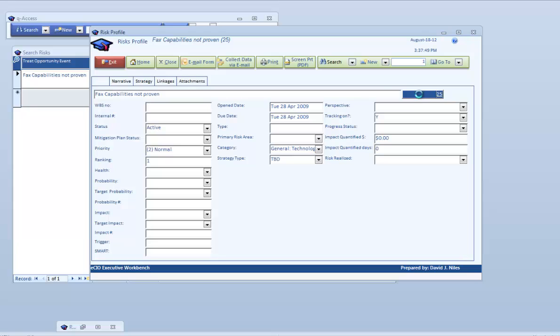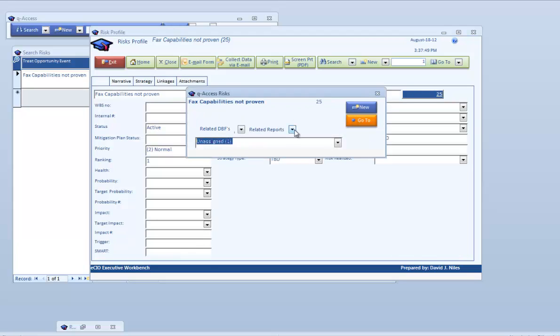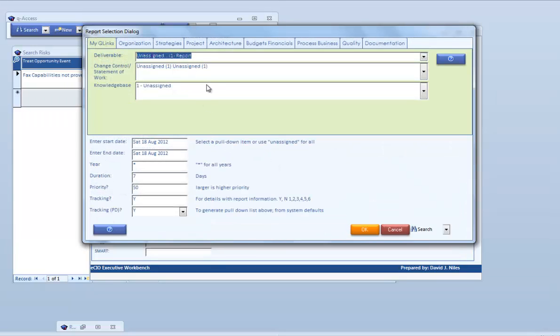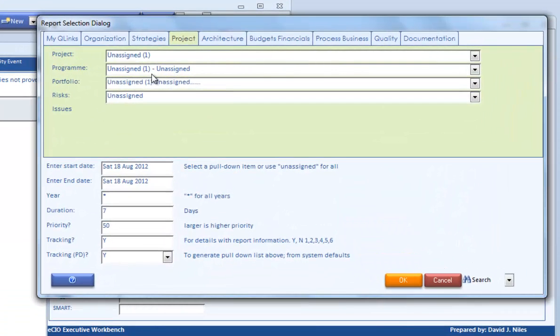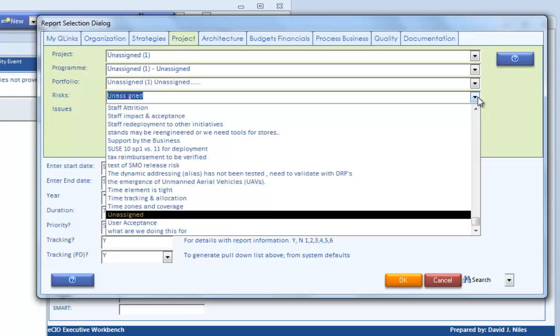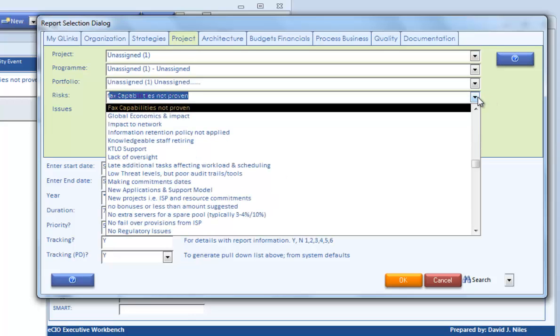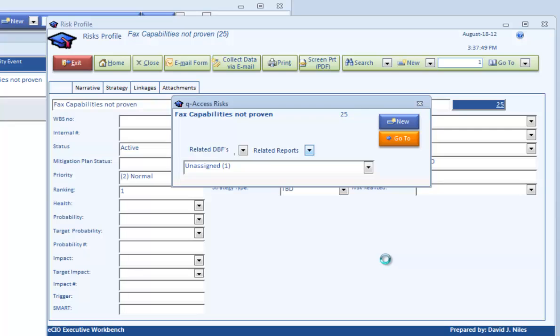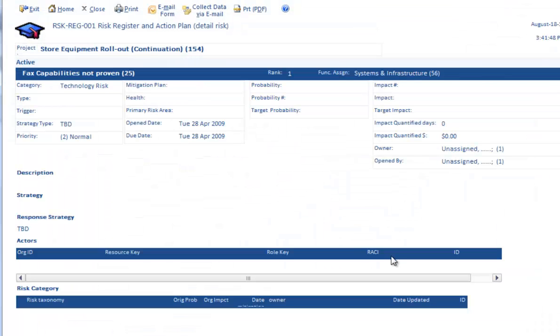again back to our reports, let's say, so the standard one is we wanted to print out and in fact do details on it. We're just going to print out the profile. For this particular one, it's facts, so we'll select under risk. Again, facts capability is not proven. Select that item, do OK, and this brings up our risk profile